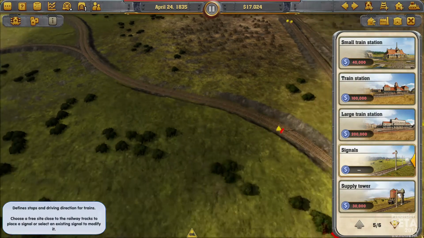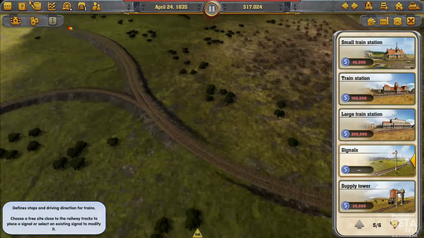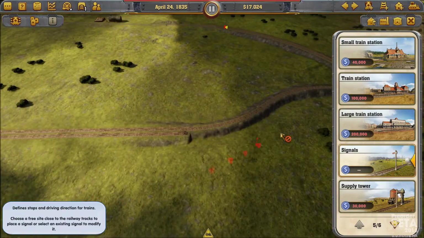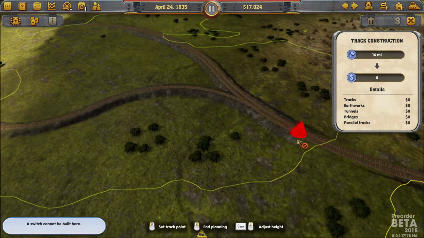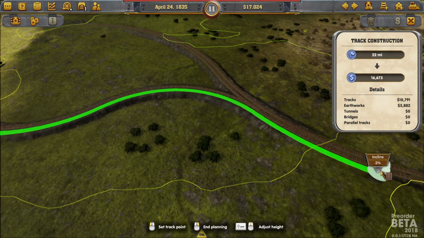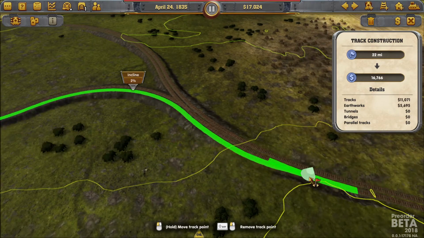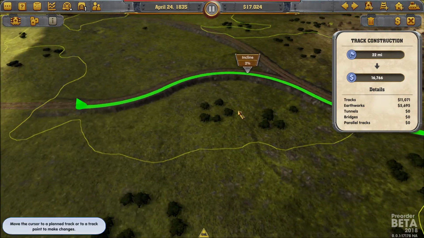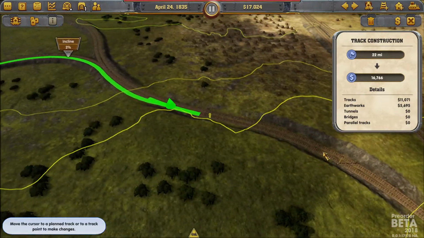Check the signals. That's a right-hand turn, so it's not going to be a problem. And let's let this go up like so, and do the merge like that. So this guy will come in, he'll merge up with this one and go on in, and then he'll come out